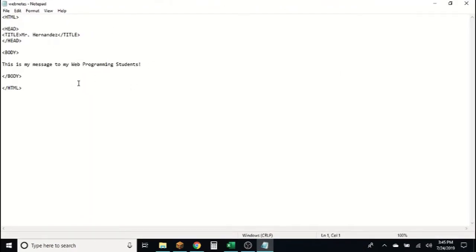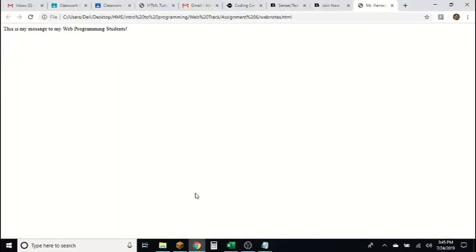Okay, so here's what we're looking at. So we're going to leave right off where it says this is my message to my web programming students. Now the first thing we're going to learn about is the line break, which is BR, which is later in the lesson, but I'm showing you right now. If I hit enter, that's how I'm going to create a space. Okay, so when I go back to the lesson,